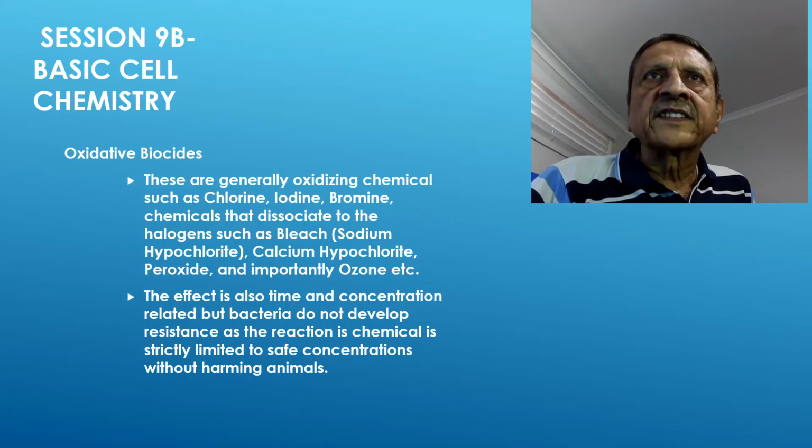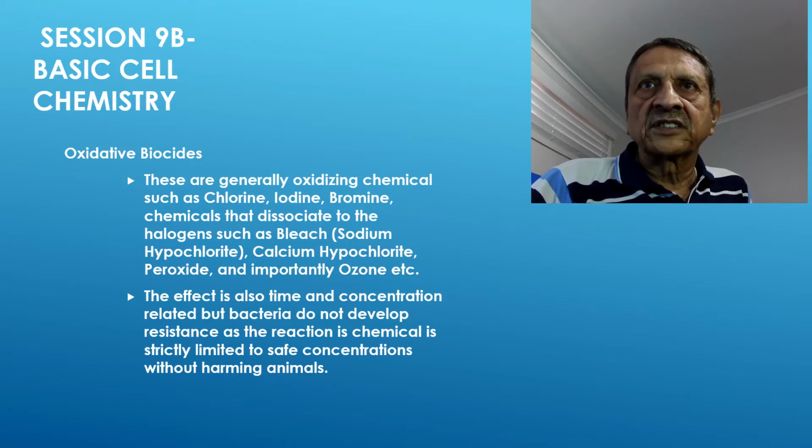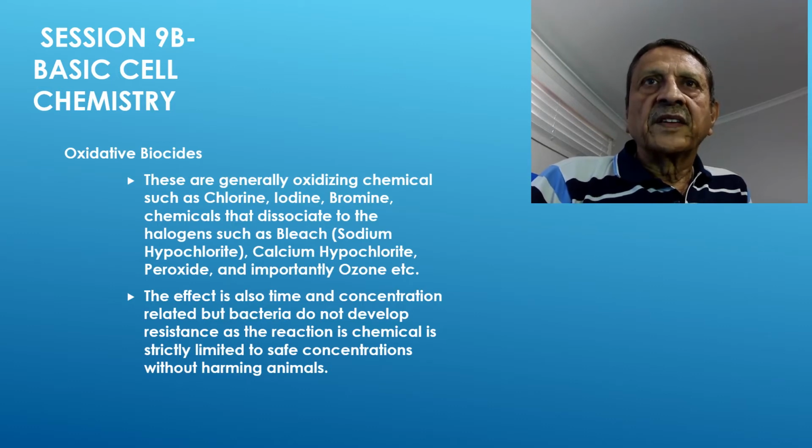The oxidative biocides are generally oxidizing chemicals such as chlorine, iodine, and bromine. These are the chemicals that dissociate to halogens such as in bleach, sodium hypochlorite or calcium hypochlorite, that is a solid bleach, peroxide, which is hydrogen water with an additional oxygen, and finally ozone, which is a triatomic oxygen. The effects of these chemicals are